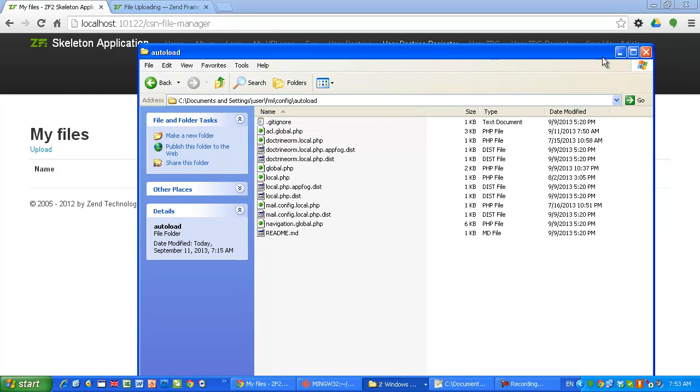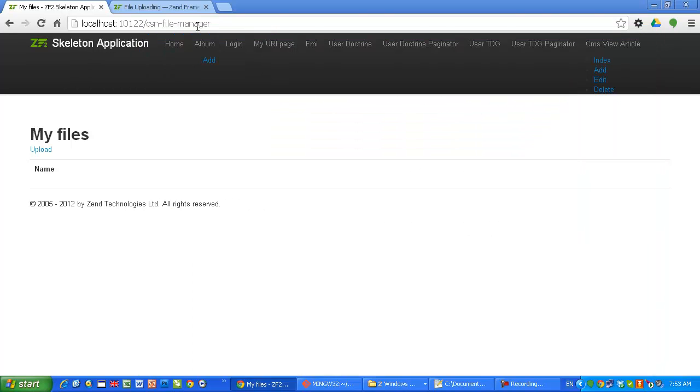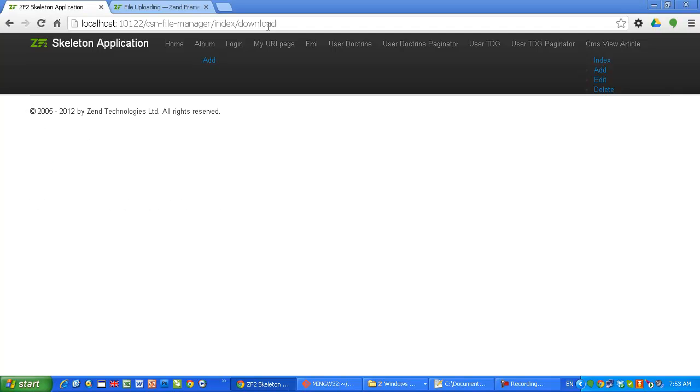Let's try some of the actions. For example, index controller, and I'm gonna try download. Here we go. I'm there. As I said, it's hidden behind, so that's why I don't see it. Download,